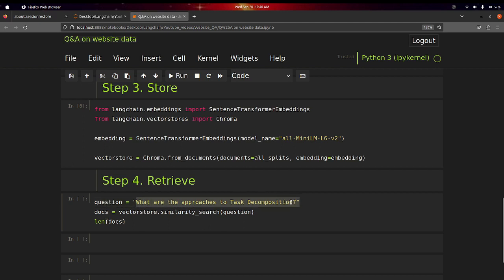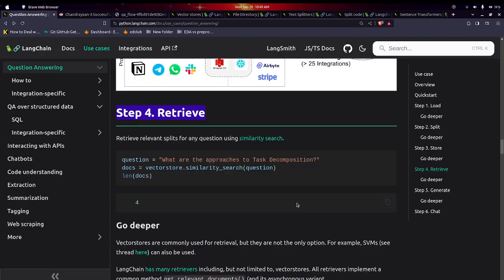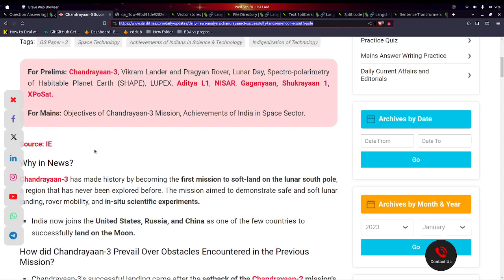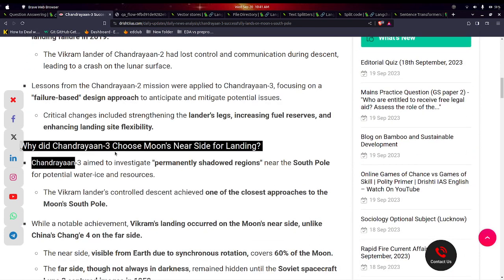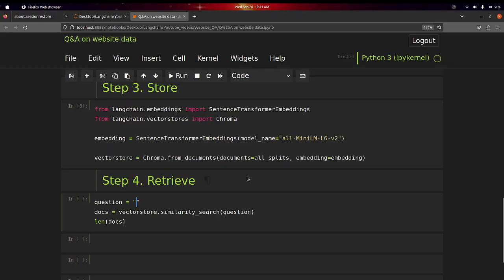Suppose this question is related to LangChain's documentation web page. I am asking from our own web page. Suppose I am asking, why did Chandrayaan choose the moon's near side for landing, and copying this question